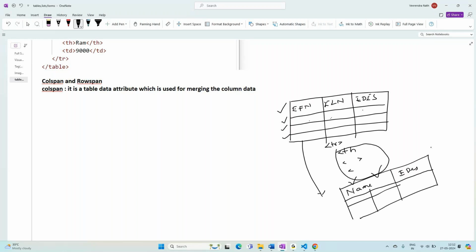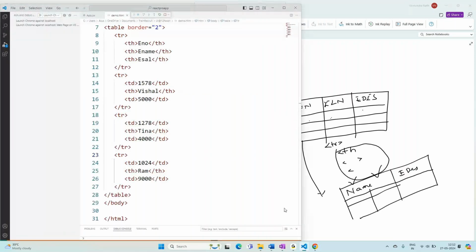Okay, now what we need to do? So that is a question. We will go for the call span. We'll go for what? Call span. Is my point clear? Okay. So now first let us normally design employee number, employee first name and employee last name, and employee designation. Employee designation, right? So employee first name